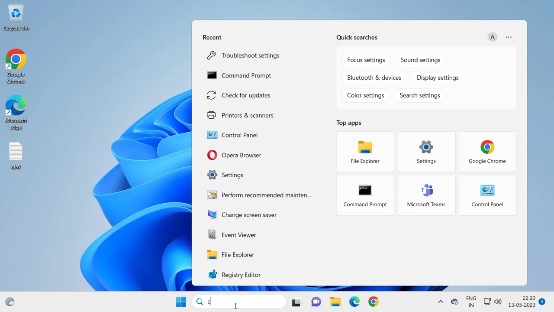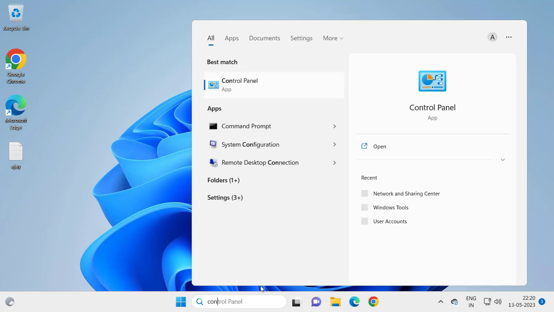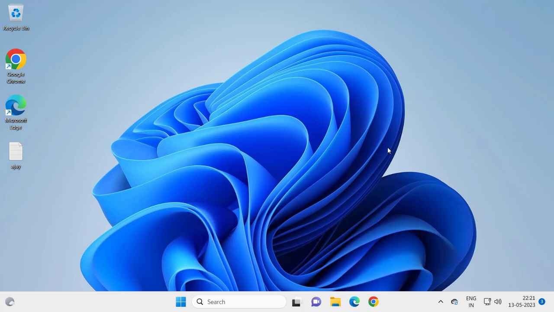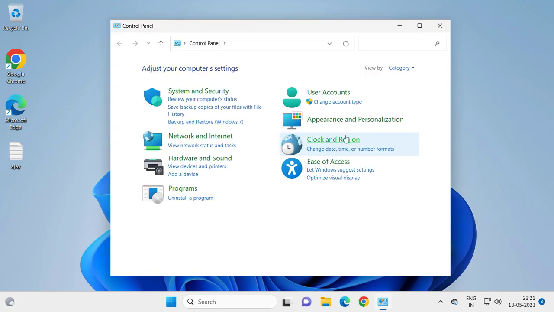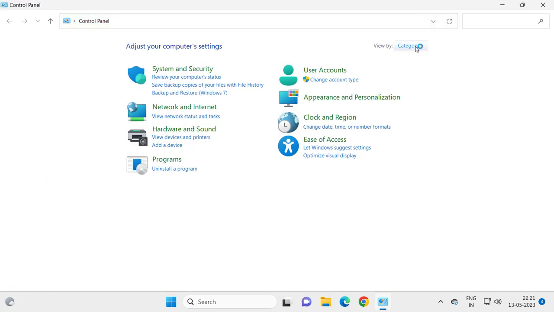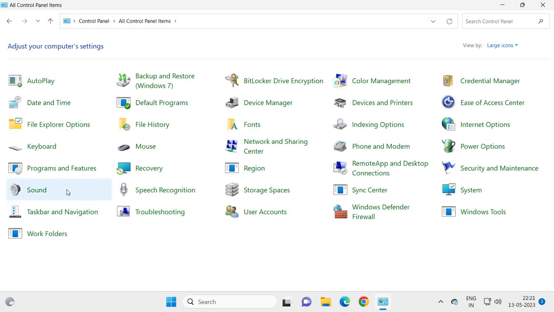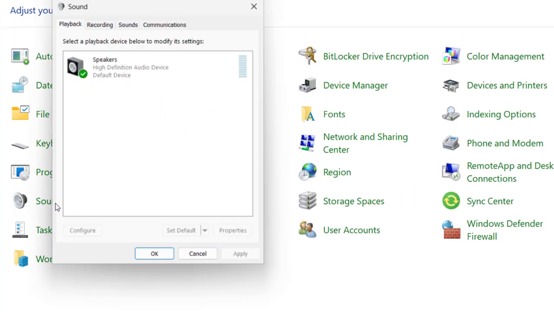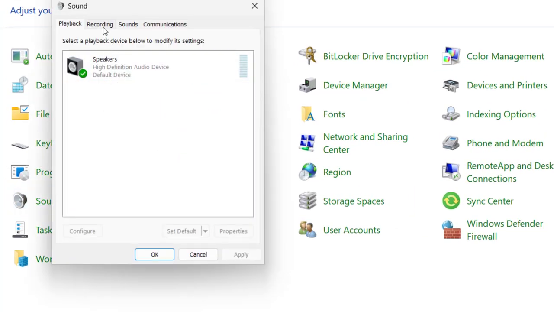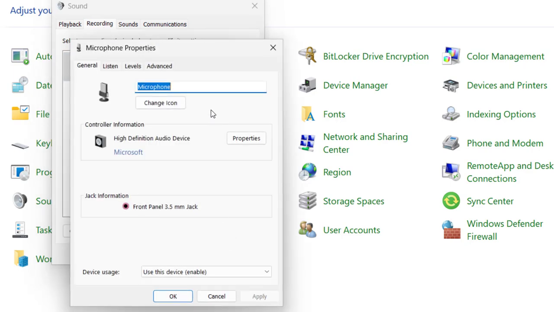Go to the search menu and type control panel, and open it. Go to view by large icons and you need to select Sound, and you just need to go to the Recording tab and select your microphone and go to Properties and go to